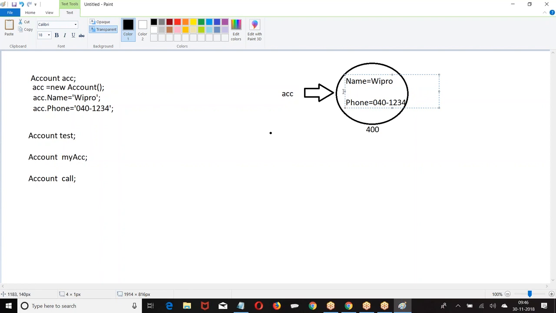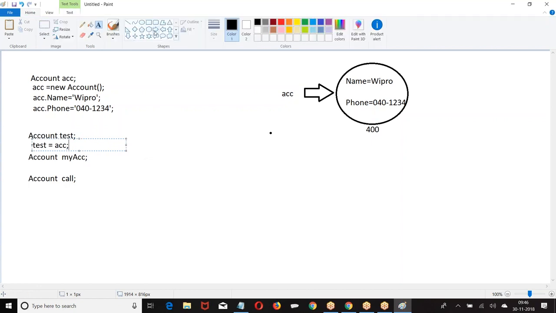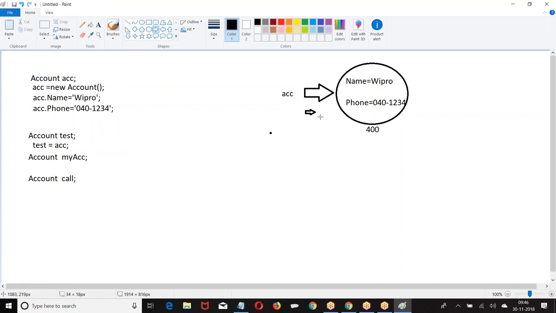Now I said account test. Test equal to ACC. If I say test equal to ACC, test is referring to the location of ACC. Is it necessary that I create a new one? No. Test wants to refer to whatever location ACC is referring to, the same location.